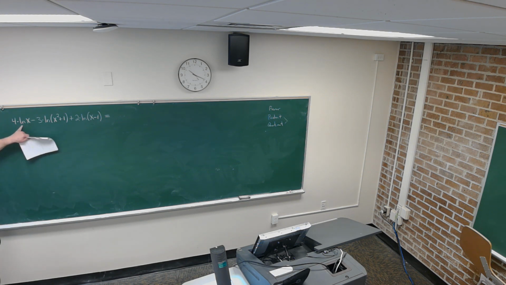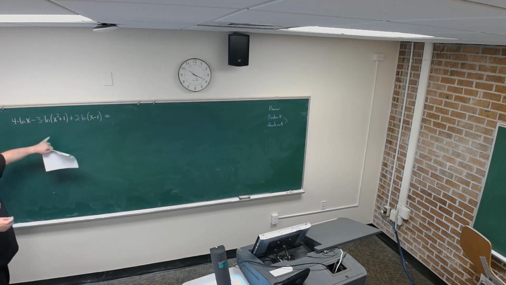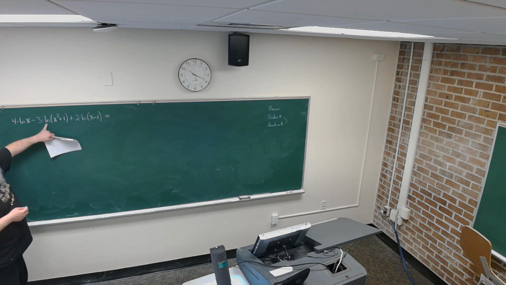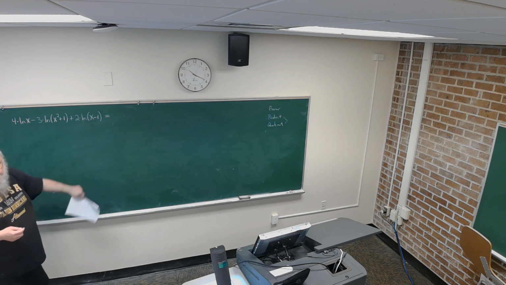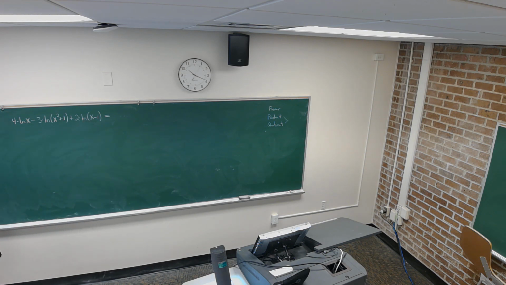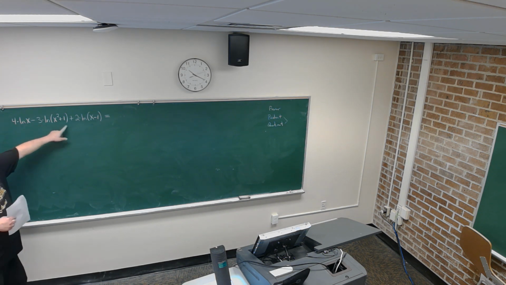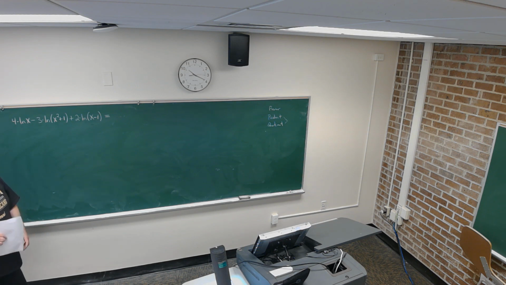So x is the input to this natural log, x squared plus 1 is the input to this natural log, and x minus 1 is the input to that natural log. So you notice out front of these natural logs, we got the factor 4, here the factor 3, and here the factor 2. So the power rule says